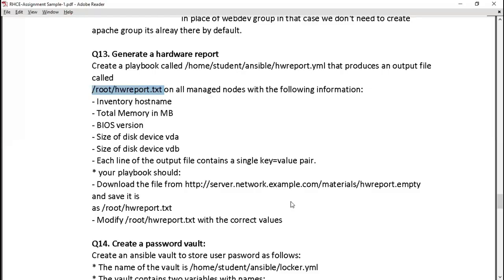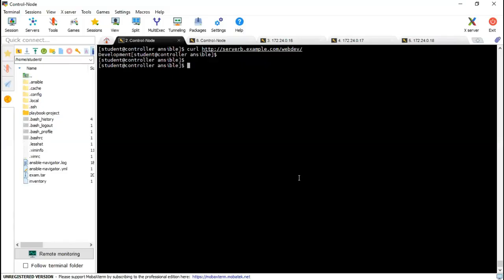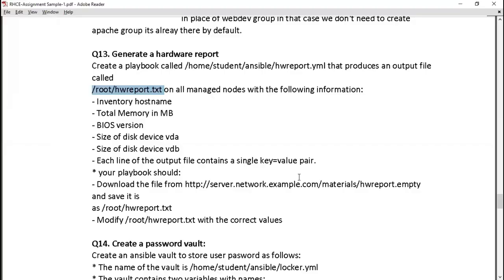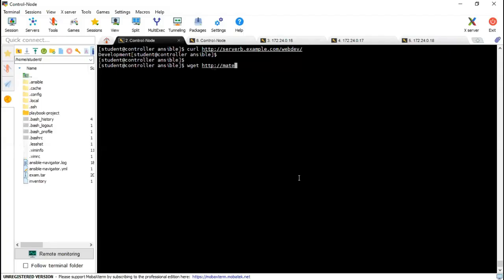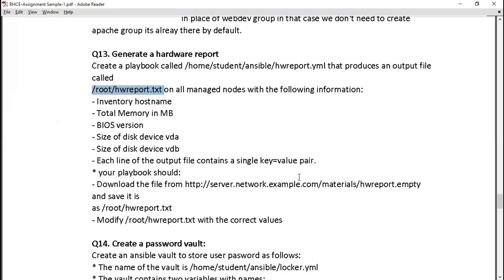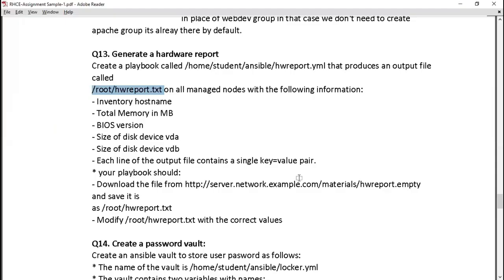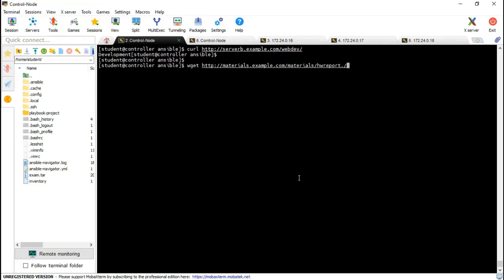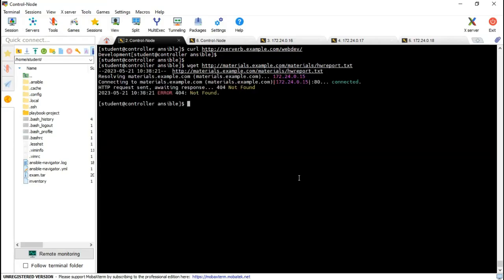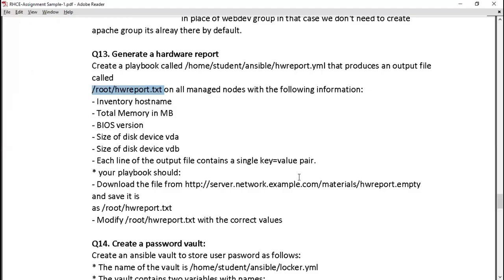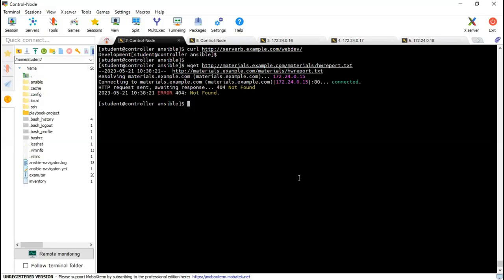So let's download this. I will go back and wget http:// what is the name? Server, but in my case it is materials.example.com/ materials slash hwreport.empty.